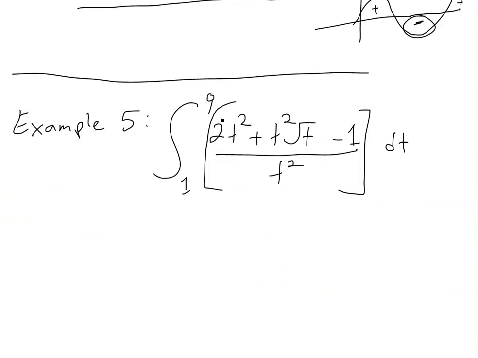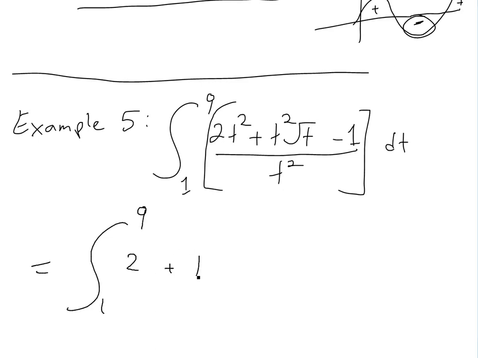Okay, so now the last example today is just this one here, integral from 1 to 9 of this big giant integral here. So basically, the first thing to do here, we could get rid of all this denominator here by dividing this out by every single one here. So we're going to get, simplified further, this is going to be 2 plus, well, this